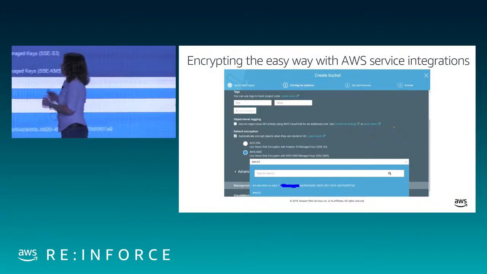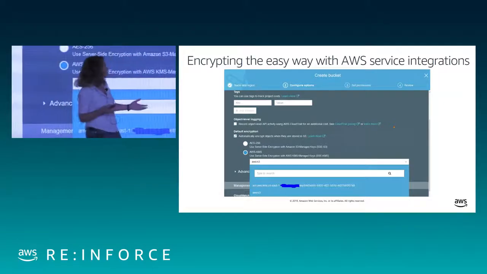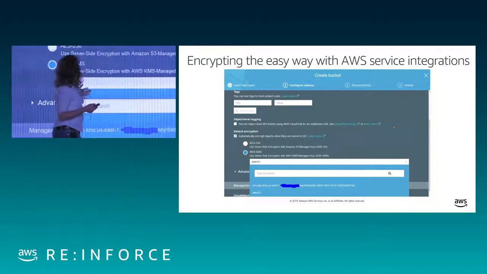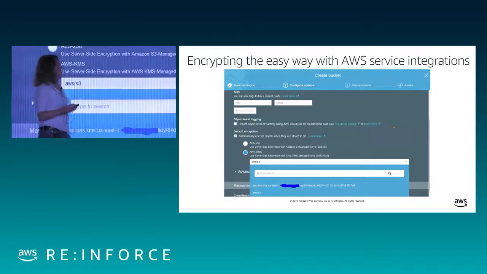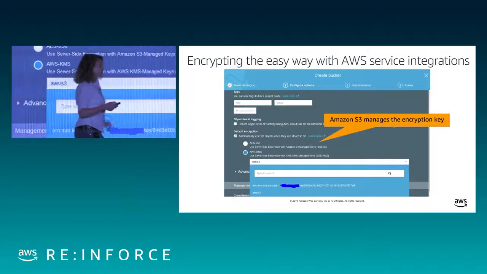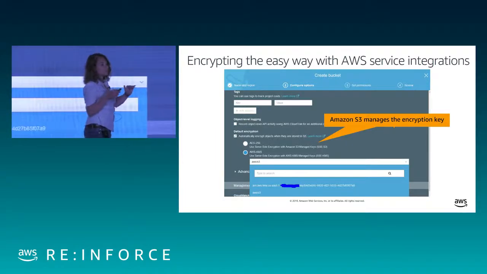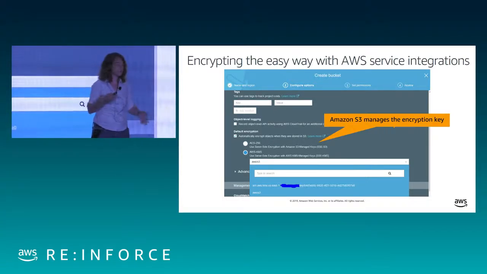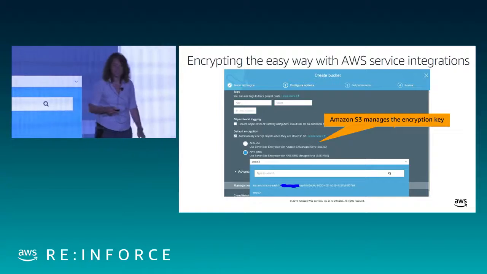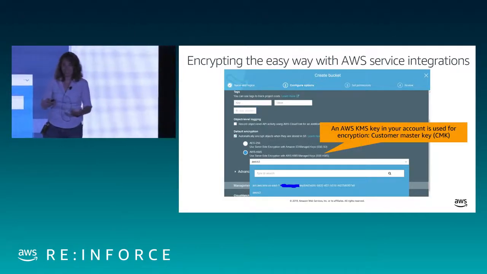I'm creating an S3 bucket over here, and you'll notice as I create the S3 bucket, I get asked a couple of questions about how to do the encryption. So default encryption, I'm like, yeah, I want my data encrypted in S3. There's a couple of options here. The first option, SSE-S3, is encrypted with an encryption key that's managed by S3. That means I don't see it, I don't interact with it, I hardly even know it's there, except S3 is using their own keys to encrypt my data at rest. That's what SSE-S3 means.